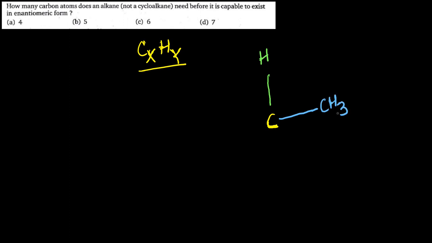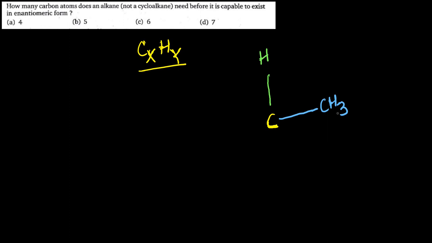So students, as we know, what is an alkane? Alkane is CxHy. So an alkane has just carbon and hydrogen. Now, for a carbon atom to become a chiral center, it must be connected to 4 different groups. One of them can be hydrogen, because in a hydrocarbon we have carbon and hydrogen. The next group to which this carbon atom is connected can be a CH3 group, isn't it?